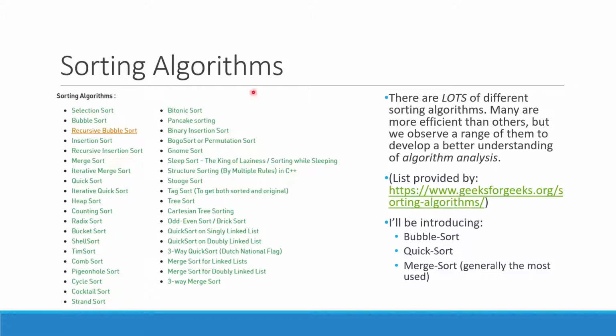Now, despite the fact that there's so many algorithms, many are more efficient than others, but we observe a range of them to develop a better understanding of algorithm analysis. Now, this picture here shows a long list of sorting algorithms. I can't take credit for this list. I took this list from